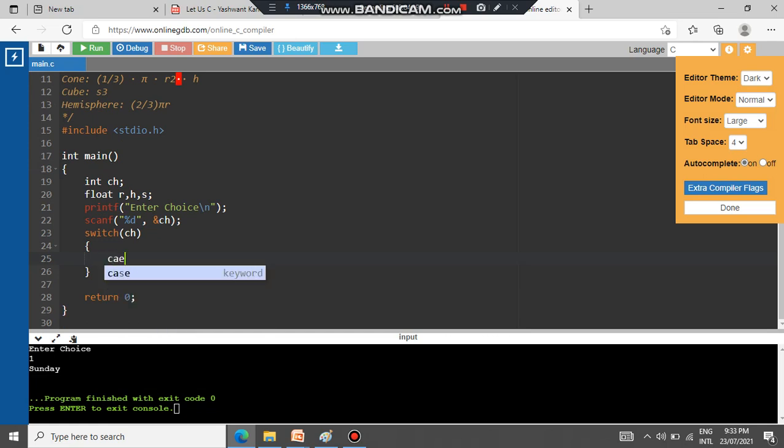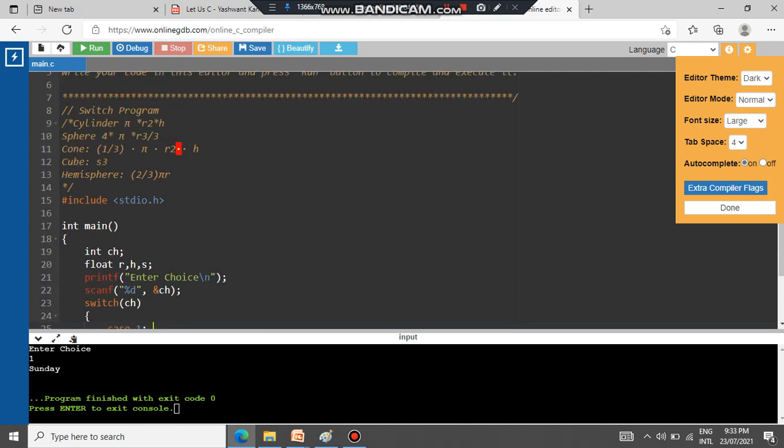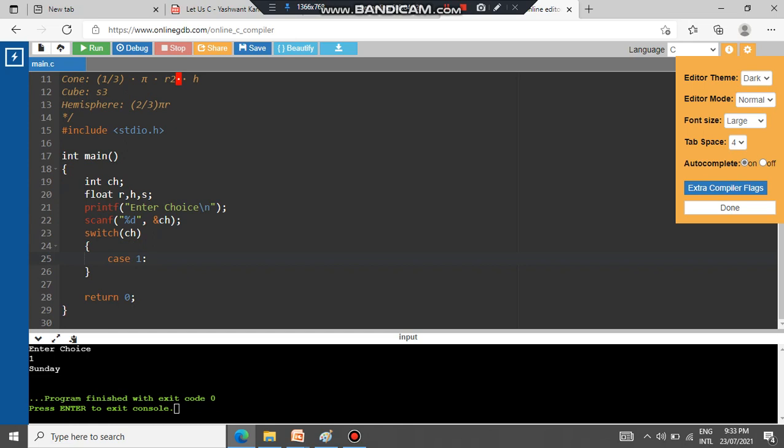If the case is 1, in that case I am interested to find out the volume of a cylinder, and it is calculated as pi r square h. So pi is not to be read, but r and h are to be read.